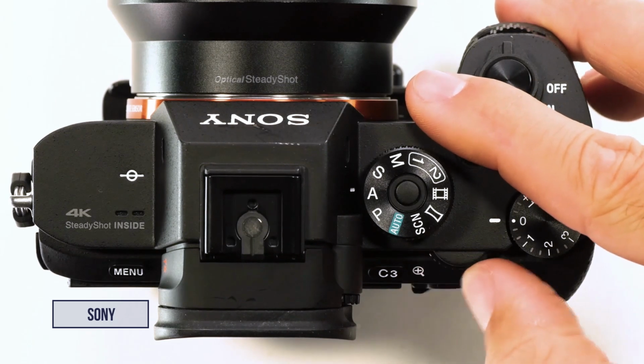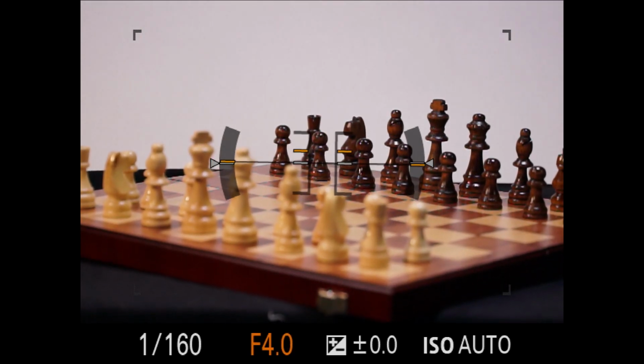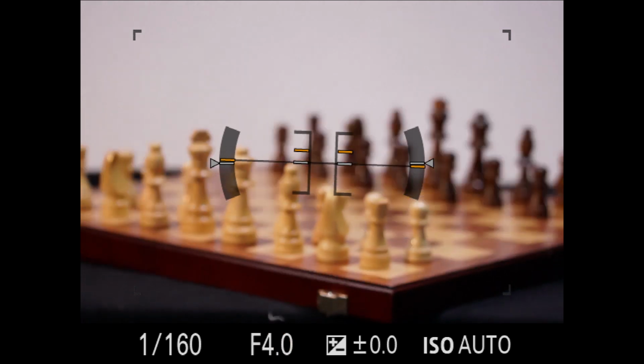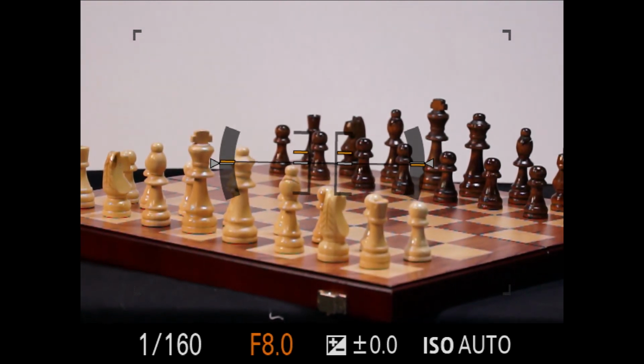Let me show you. In this case, let's go really shallow. This particular lens can be set to f4, and you'll notice that some of the focus is soft on the objects in the foreground. Let's set focus there. And now some of the chess pieces are sharp, but the ones on the far side of the board have gone soft. On the other hand, if we go to a smaller aperture,